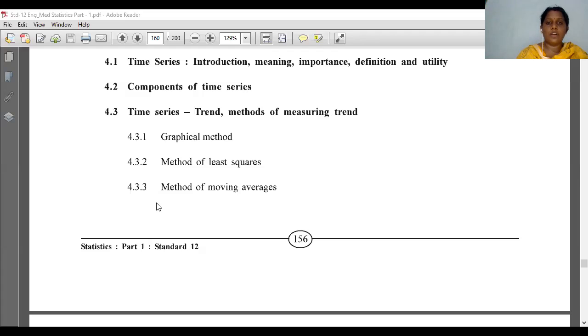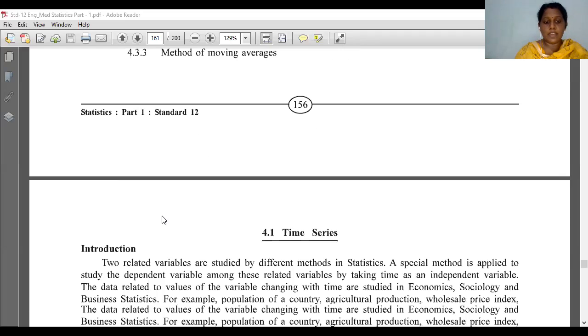So in short, I want to tell you what time series is, children. Time series means we are calculating over a time period, in the year 2020 or in the year 2002 or in the year 1990. If, suppose, production of wheat is there, then we are calculating the production of wheat in that time period. So that is a brief idea I have given, right? Let's start with our introduction part.